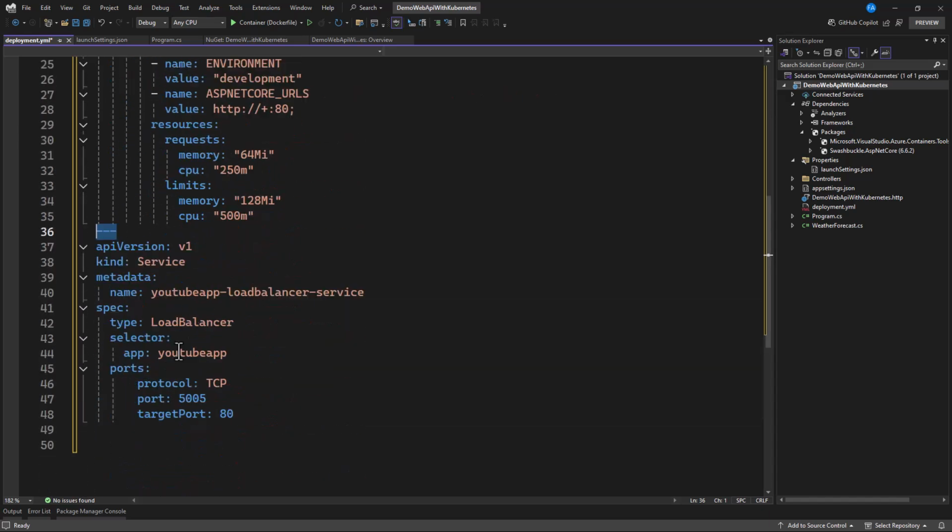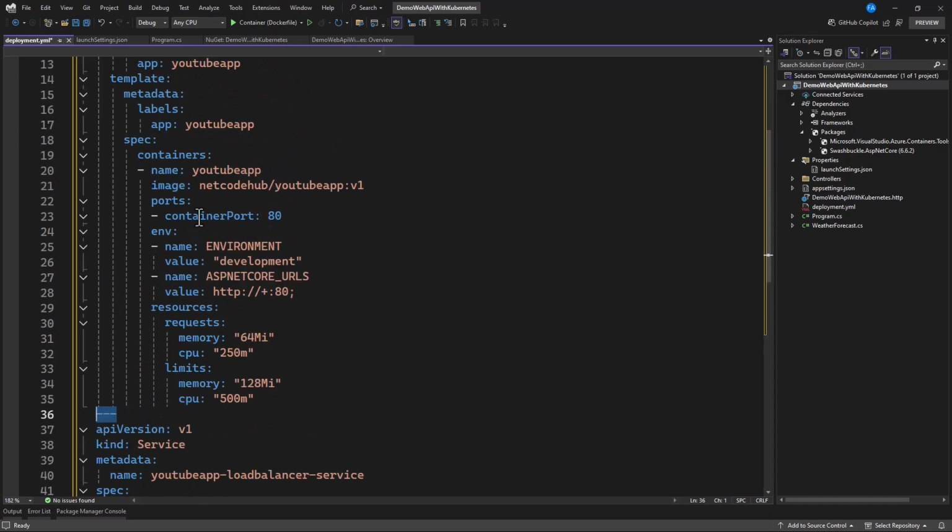The service here is small, and that's the reason why I did not create a file for that. But you can do it. You can create a separate file and add this in there. But if you can add it here, then what is the need of recreating it? We can leave it here.